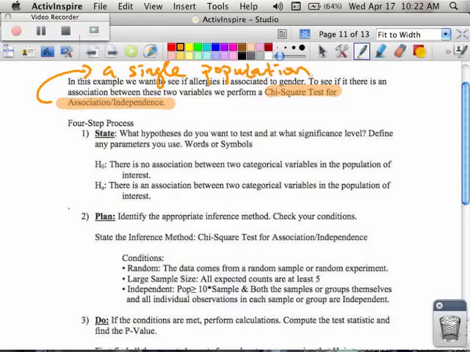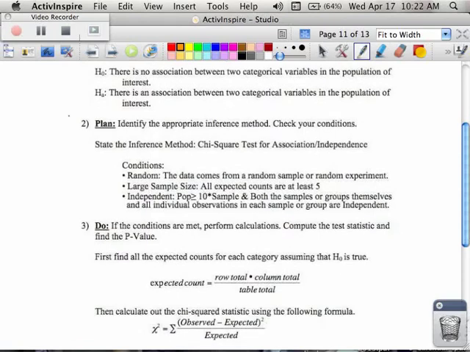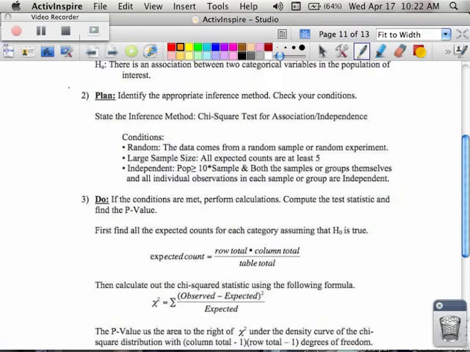So we're still using our four-step process. We're going to do a test, which means we have a null hypothesis and an alternative hypothesis. Make sure you define those when you plan. Don't forget the random sample. And when you're doing these tables, it's the large sample size. You're going to say that all the counts are at least 5 and show it. For independence, you're going to say that your population is 10 times the sample, show it, and then, of course, state your test that you're doing, and we just got done saying that we're talking about the chi-square test